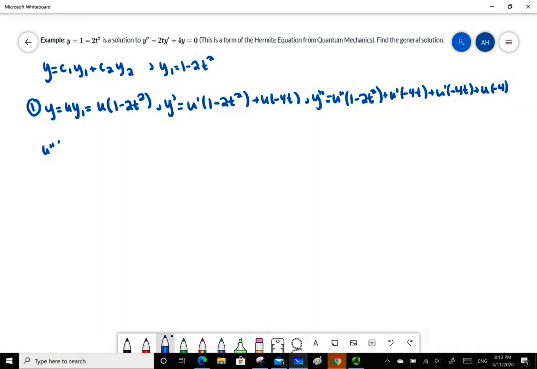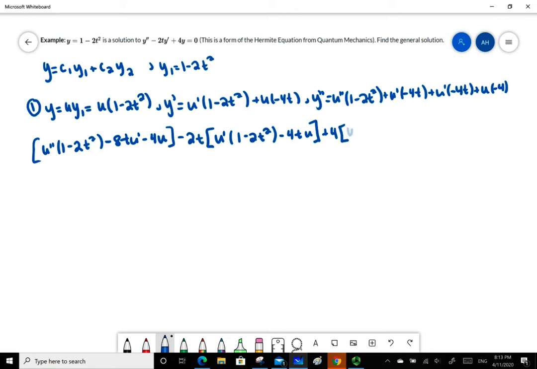So u double prime times 1 minus 2t squared minus 8t u prime minus 4u minus 2t times u prime times 1 minus 2t squared minus 4tu